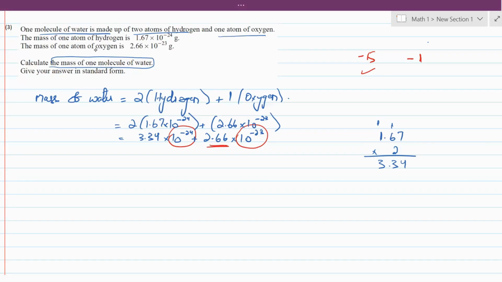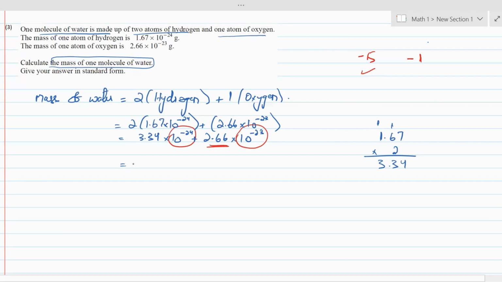So taking the tens power common, we take 10 power minus 24 common. Taking minus 24 common, the first number would be left with 3.34 plus, and since the second number is having 10 power minus 23, it's having one more 10 with it. So it would become 2.66 into 10 to the power 1. So finally, we'll get this as 10 power minus 24 into 3.34 plus 2.66 multiplied by 10 power 1, that would become